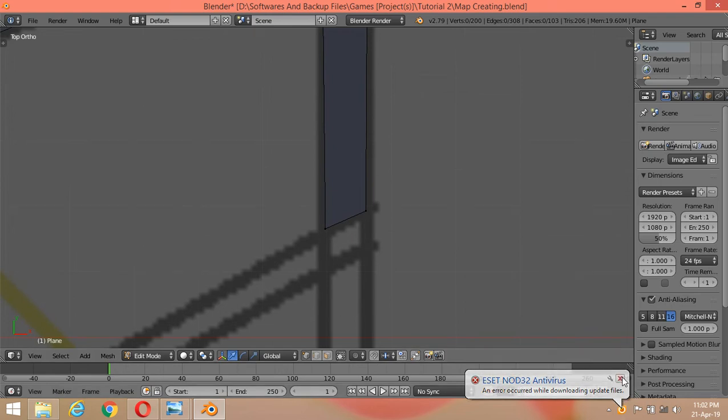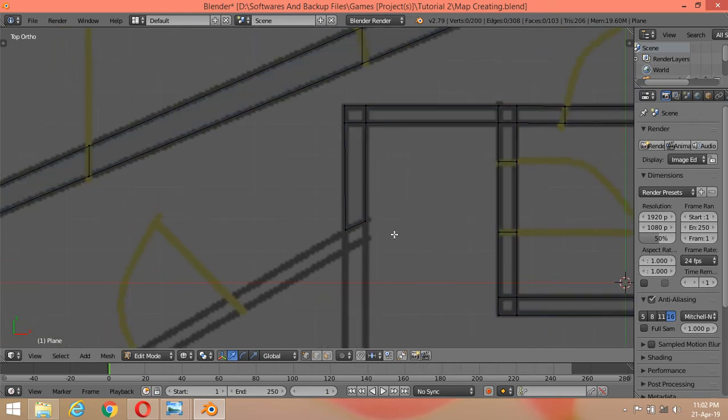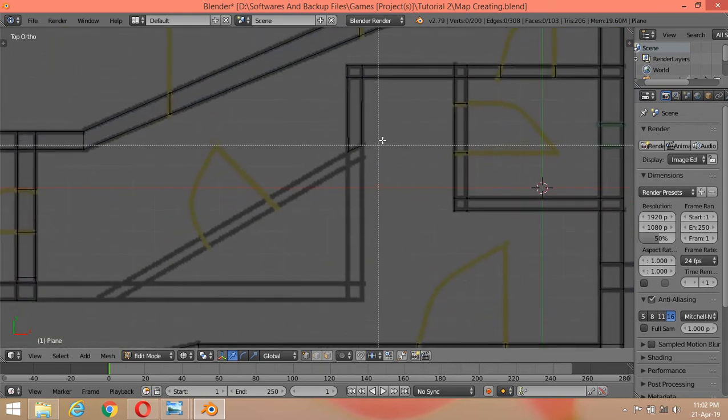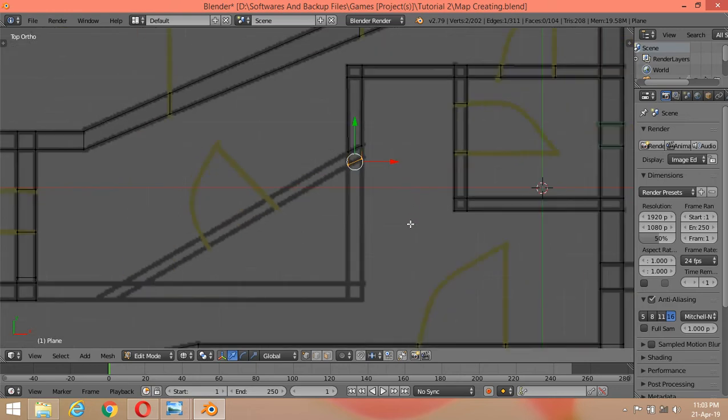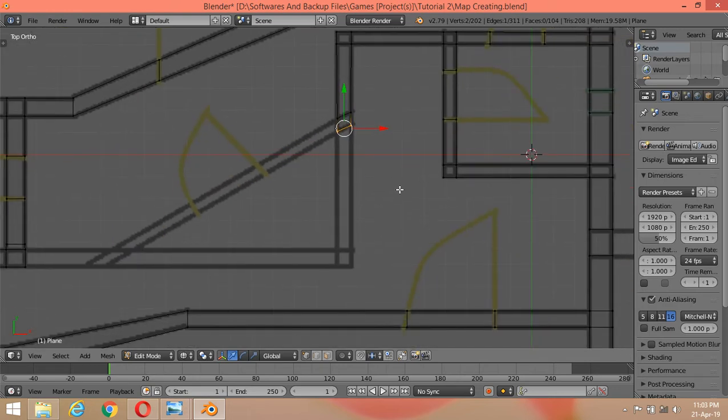Now again Z, B to select this, E to extrude, Z, Y keyboard button in Y axis direction and put it right about there. Now again E to extrude and press Y and put it here